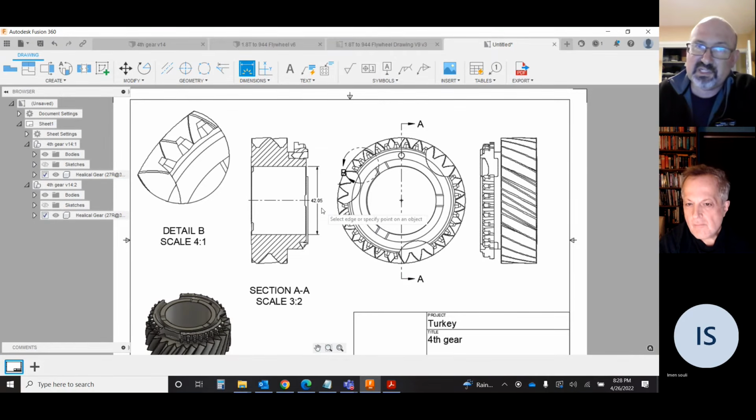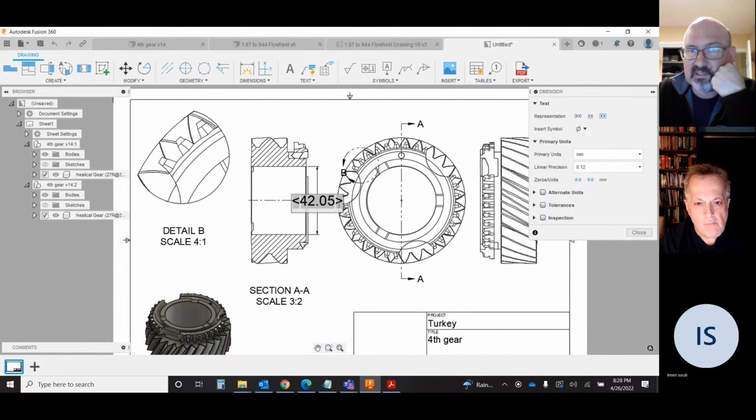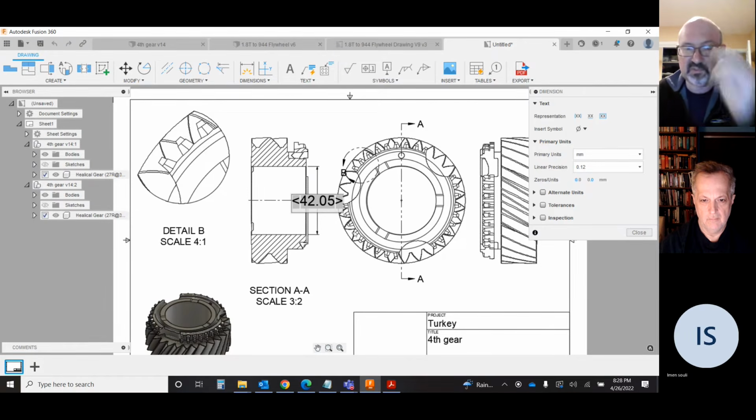If you need to modify or change anything, you can. You can type on it, like I can type in here. The little arrows, or the little greater than, less than sign, means that it has been picked up from the original model. But if I wanted to type something else, like maybe I wanted to make a tolerance on it,